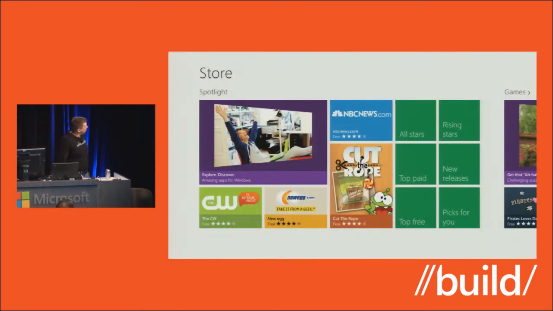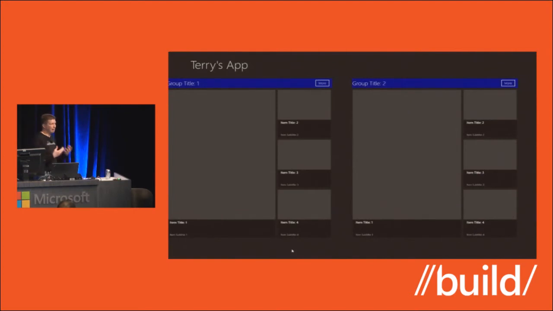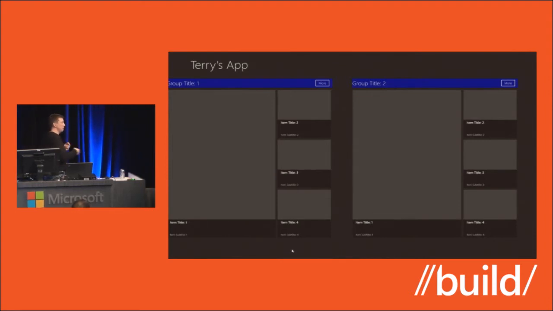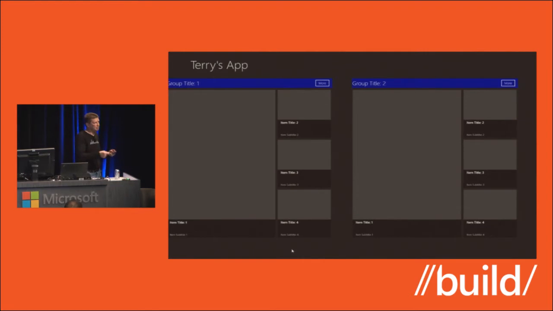This is a store app. Now, if you squint a little bit and look at the sample that we did, you can see that I have a grid, I have variable-sized items. I don't have all the pretty pictures in the store app, but we've implemented much of the same functionality. Now, you don't have to do everything that I did today to be able to get to a store app,